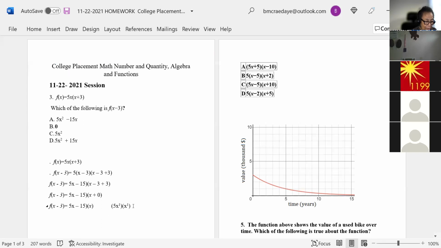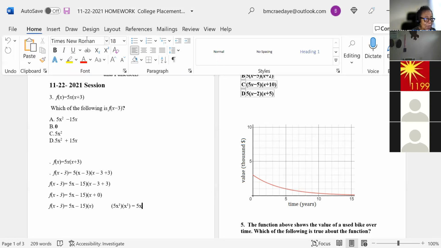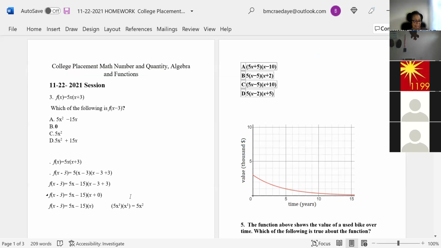What is that equal to, Alva? When you multiply, you add the exponent, so add the powers. Would it be X squared? Yes, but you've got a 5 in front of it. You can't throw away the 5. So x squared is correct, but you have 5 times 1 is 5. So it would be 5x squared. Okay, so 5x times x gives you 5x squared.